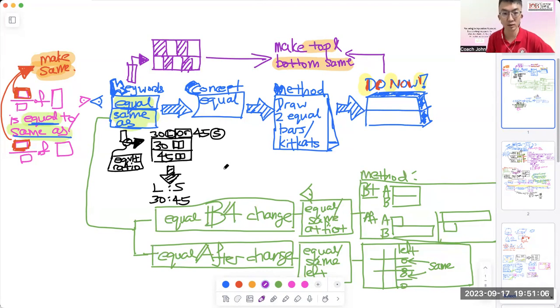So for example, right here, I have shared the kind of questions that have appeared over the years. In fact, if you have seen the past PSLE papers, every year you will be able to see one question testing you on equal concepts. It doesn't matter if it is a short question or a long question, but there is this keyword equal in it. So how do you make use of the videos? When you go to the video on equal concept, that also tells you that it's a